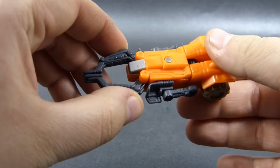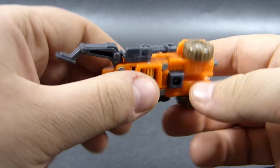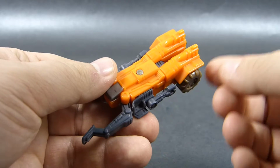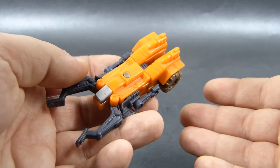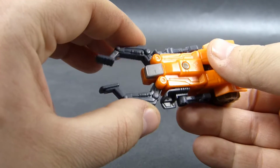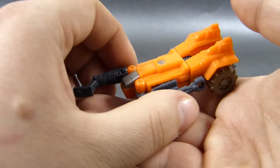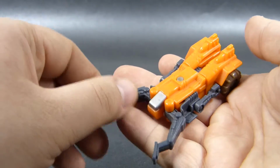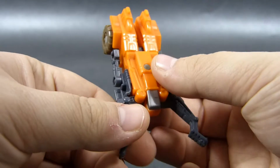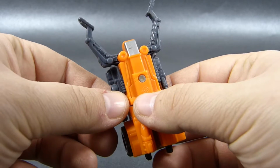While we're on this topic, we can look at Refute, the upgraded form of Lifter and Hoist's designated Mini-con, which kind of looks like the modern version of Generation 1 Insecticon Shrapnel. Honestly, this brings only one image in my head, and that's Shrapnel, which is kind of odd. This doesn't really feel like an upgrade. Actually, Lifter's Forklift alt mode looked much better than this to me. I suppose it has kind of a futuristic vibe to it, but that's not enough for me to make this